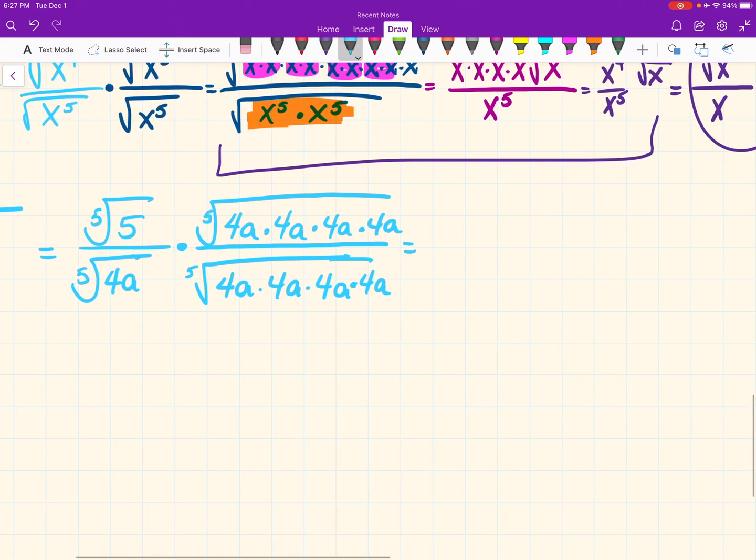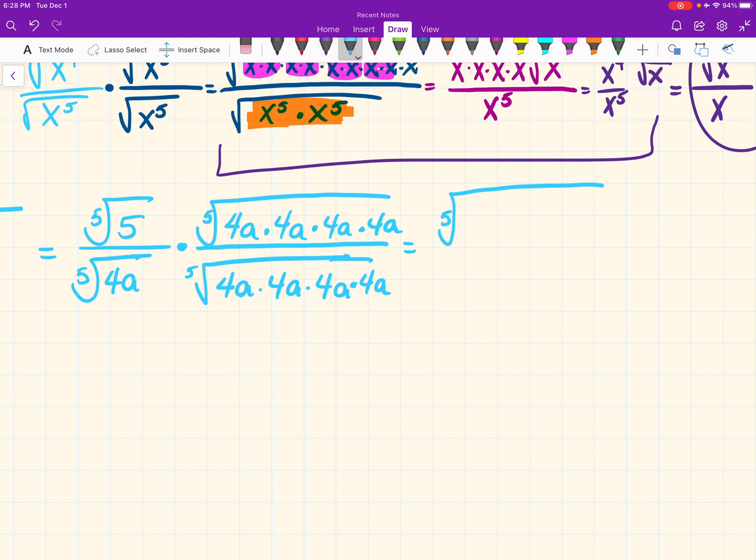So then let's see what we have on the top. On the top, nothing simplifies. And here's the reason why. We have a 5. Well, that doesn't have 5 partners to escape, so the 5 is still there. And then we have 4a, 4a, 4a, 4a. Well, that's only a group of 4. We need a group of 5. So really we have 5 times 4 times 4 times 4 times 4,